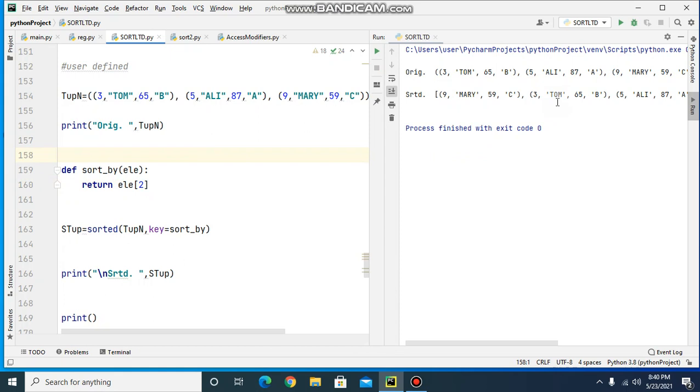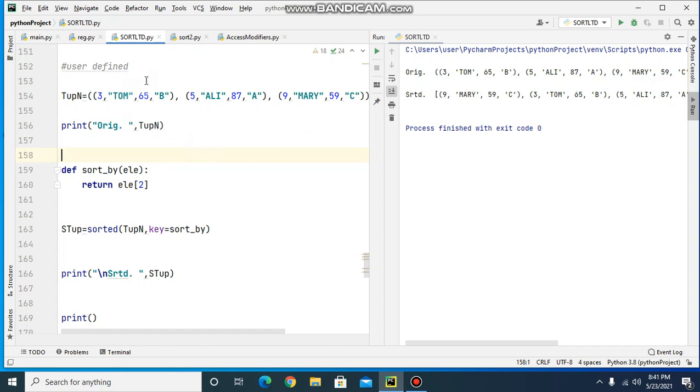So this is the sorted list of tuples. Here it has sorted in the ascending order of the marks. Tuple with mark 59 has come first, then tuple with mark 65 and then the tuple with mark 87.